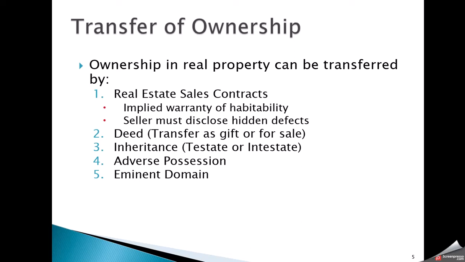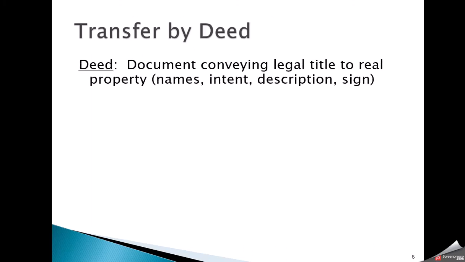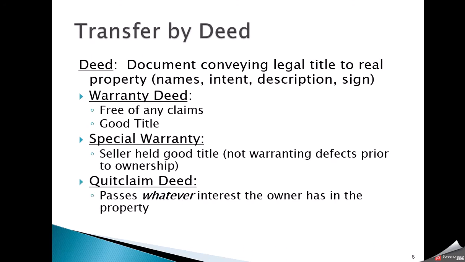And then nowadays we have a lot of inspections that we go through with those real estate sales contracts. We'll talk about the different types of deeds, where we can transfer ownership to other people just by transferring that deed. We could inherit that property. It could be through adverse possession and eminent domain, which are kind of unique scenarios that we will have a separate slide for. So our three different types of deeds that we can have when we're transferring legal title to